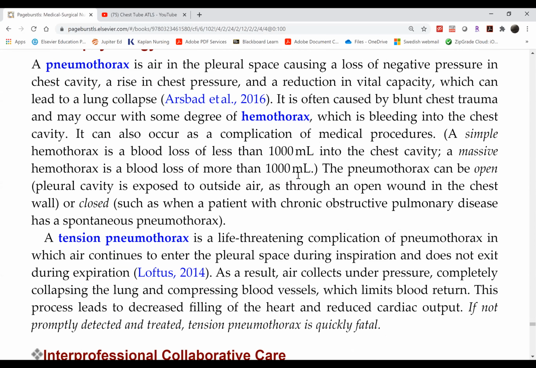So on top of the pneumo or hemothorax, you may have pulmonary contusion, except in the case of spontaneous pneumothorax, which is common in chronic COPD patients, as well as certain individuals, not necessarily smokers or COPD, but